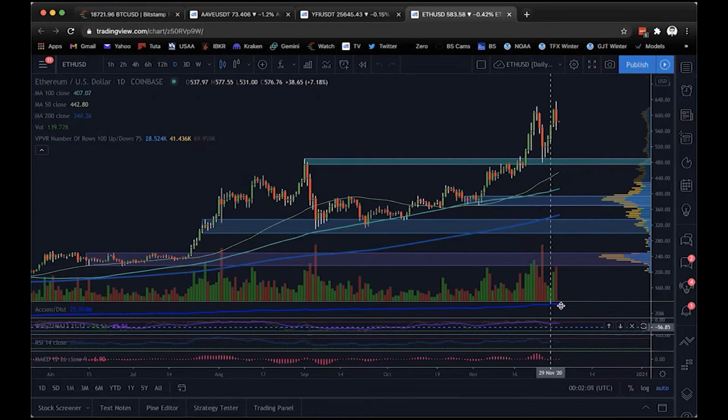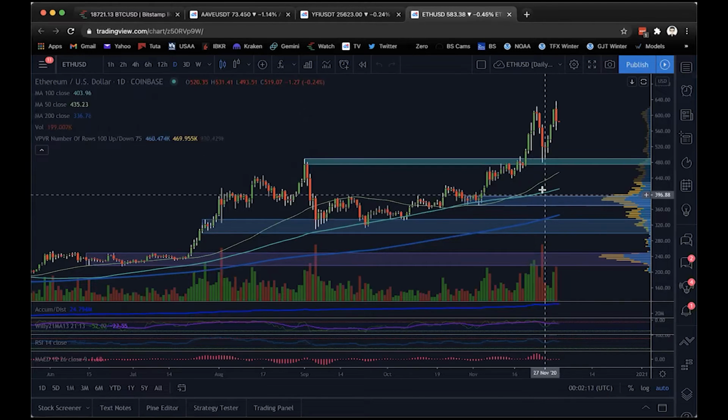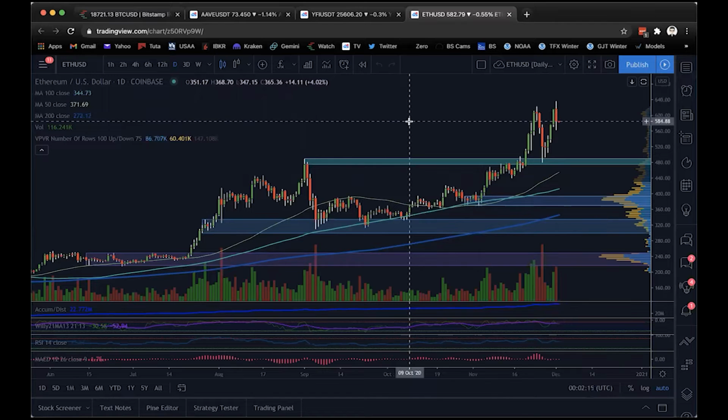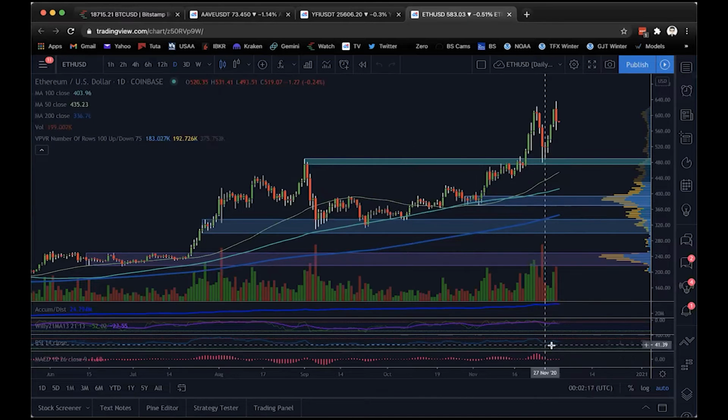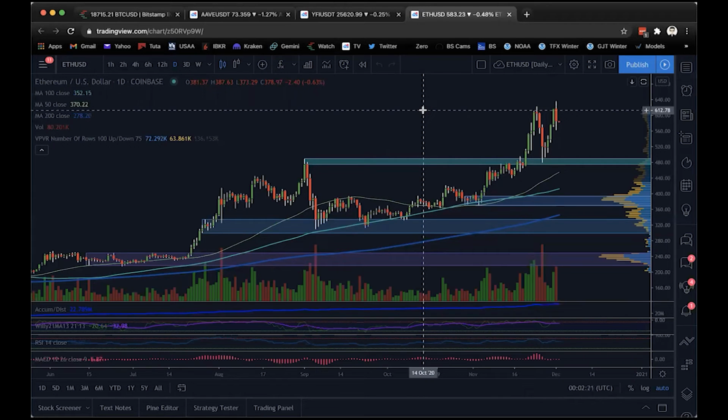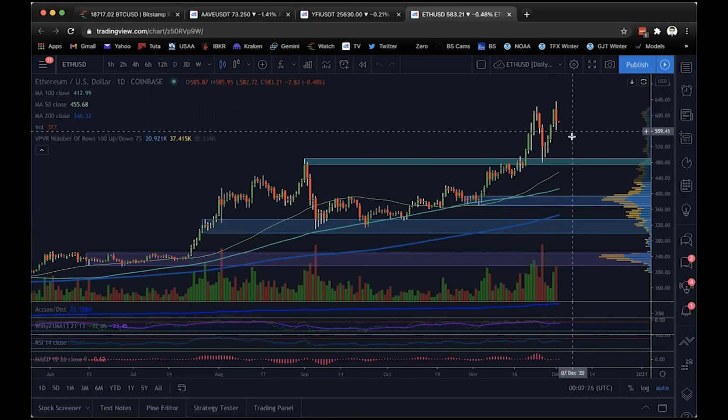These momentum oscillators are still a little stretched, but volumes look good, moving averages look good, market structure looks good. If we can clean up these bearish divergences like I showed on BTC, and just consolidate in this area for maybe even a few weeks going into the holidays, that would be very healthy. It sets it up to then get up into that 680, 700 area that we've been targeting in the trade ideas for the past couple of weeks.